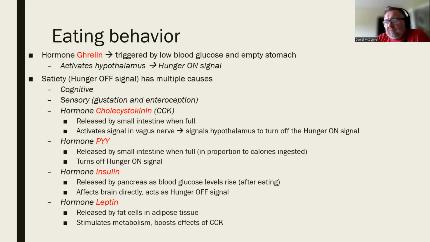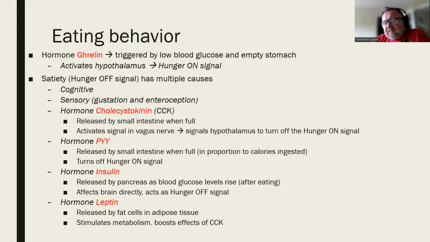And then even beyond that, now another hormone produced by our body fat, leptin, has this effect. And what it does is it actually interacts with CCK, and it makes the CCK signal to the brain stronger. So that means that because CCK is already influenced by the volume of the food you eat, you can eat a small volume of food, but if you have high leptin levels, leptin will help boost that CCK signal that makes you feel full even faster than you otherwise would.